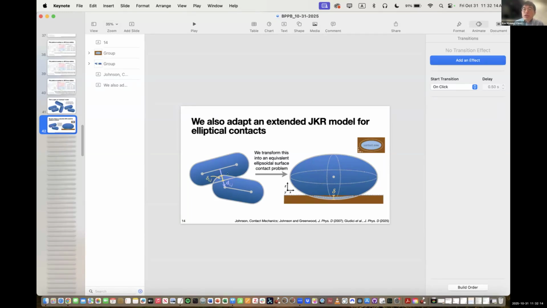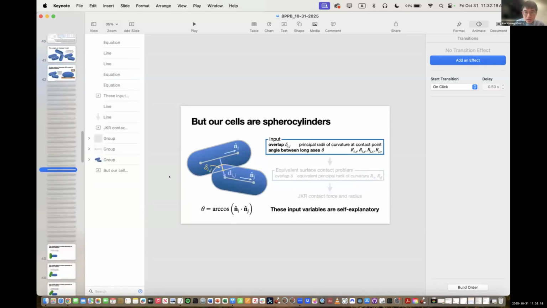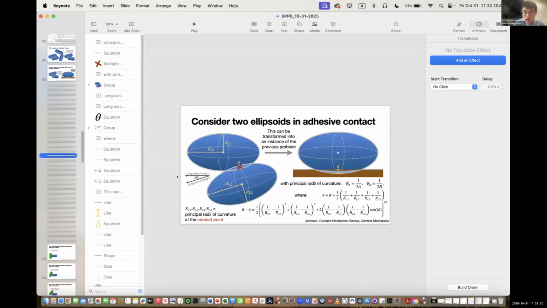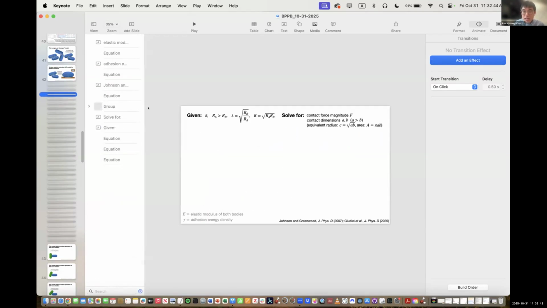And I am going to use those values to convert this contact problem into an equivalent surface contact problem according to a standard procedure that was developed by, I believe, Landau, Lifshitz, or Johnson, or someone, I can't remember. But there is a well-established procedure for performing this transformation. And then we follow the prescription given by Giudici et al. to calculate